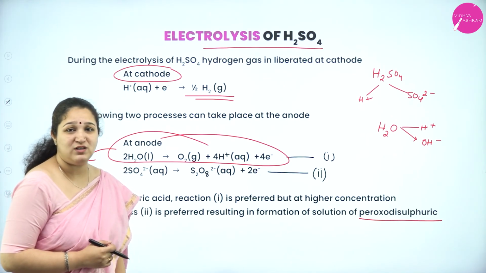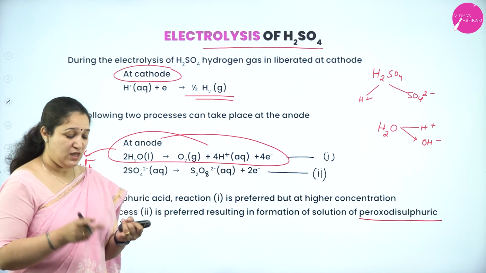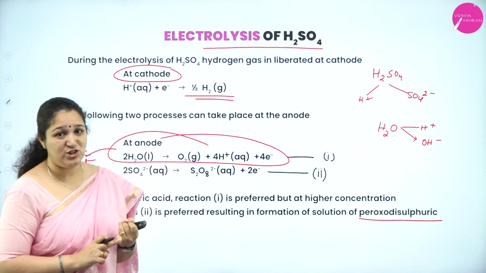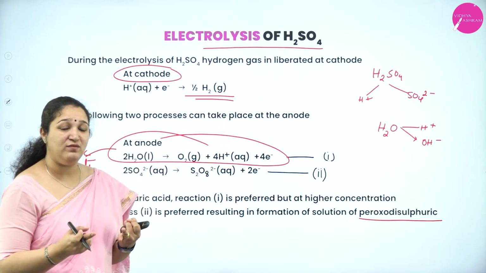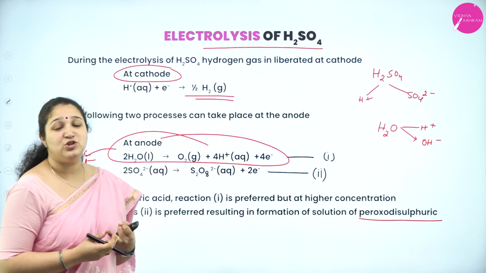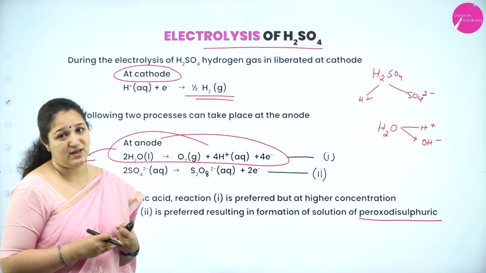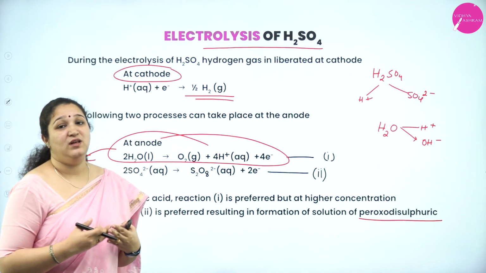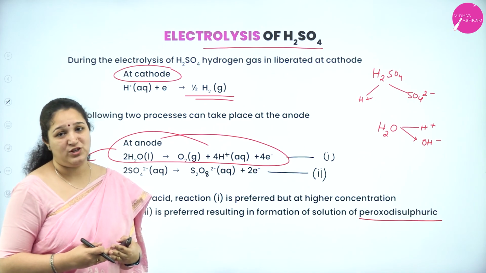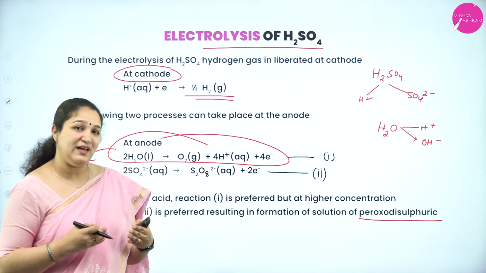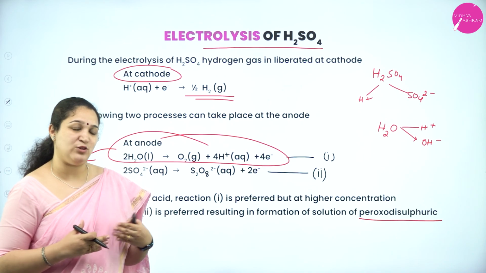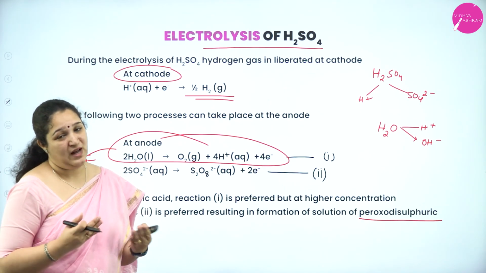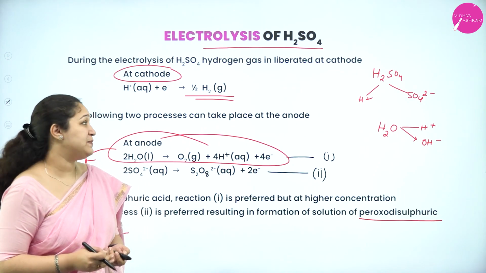So, I hope you have understood the products of electrolysis. How if you change the electrode, the products will change. How if you change the material, that is the solution which is undergoing electrolysis, the product can change. Also, you have understood the concept of overpotential, and when there are competing ions going towards the cathode and anode, which is the reaction that gets preferred. I hope you have understood all these concepts.